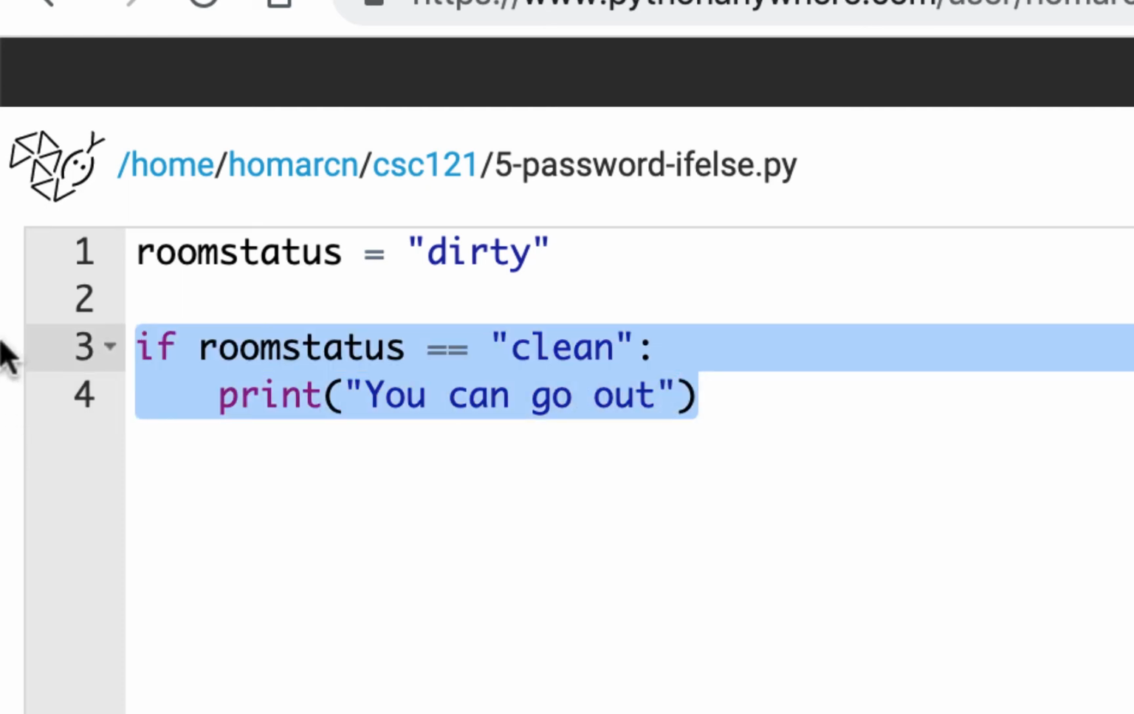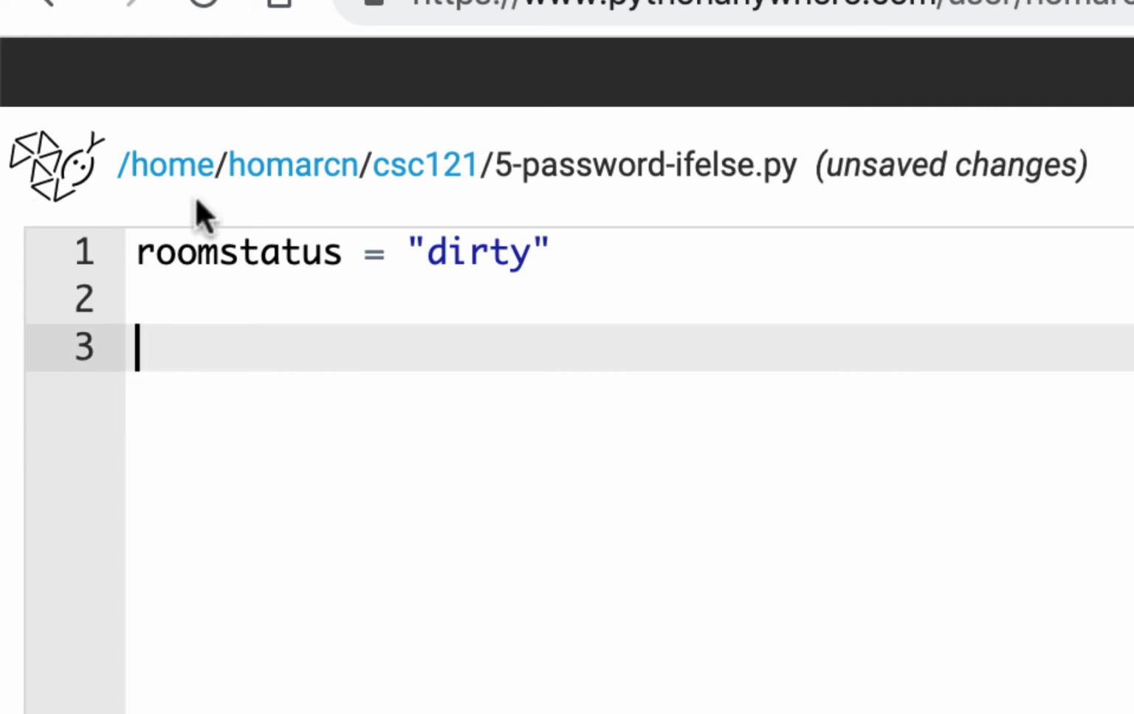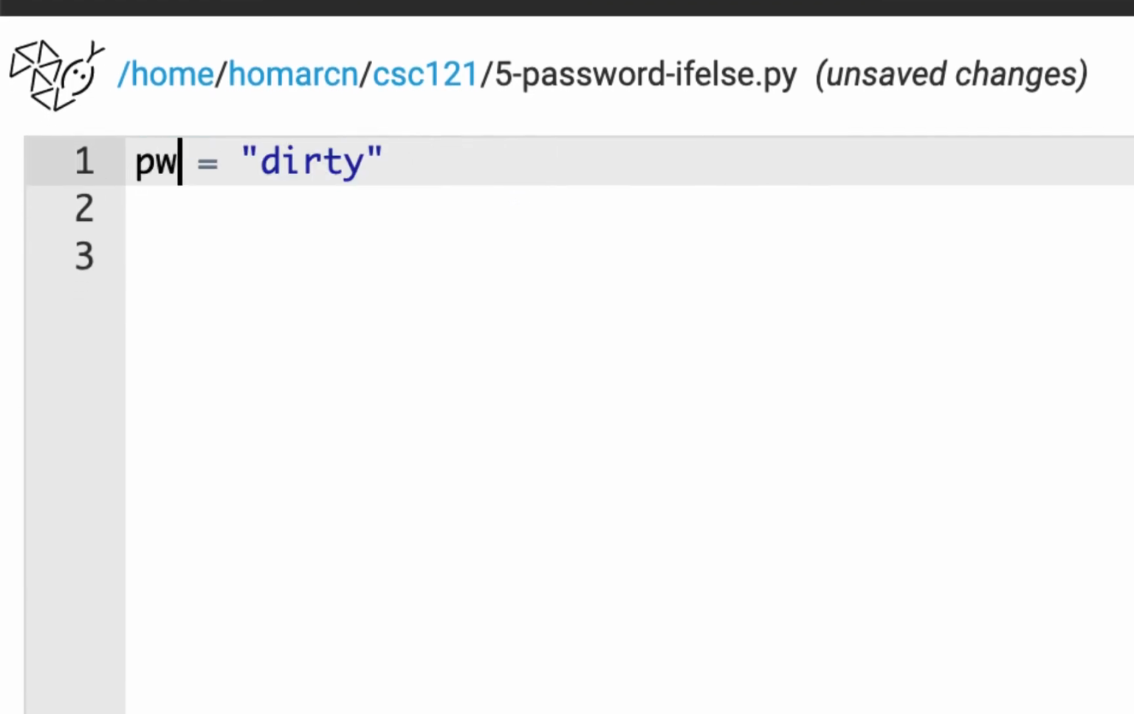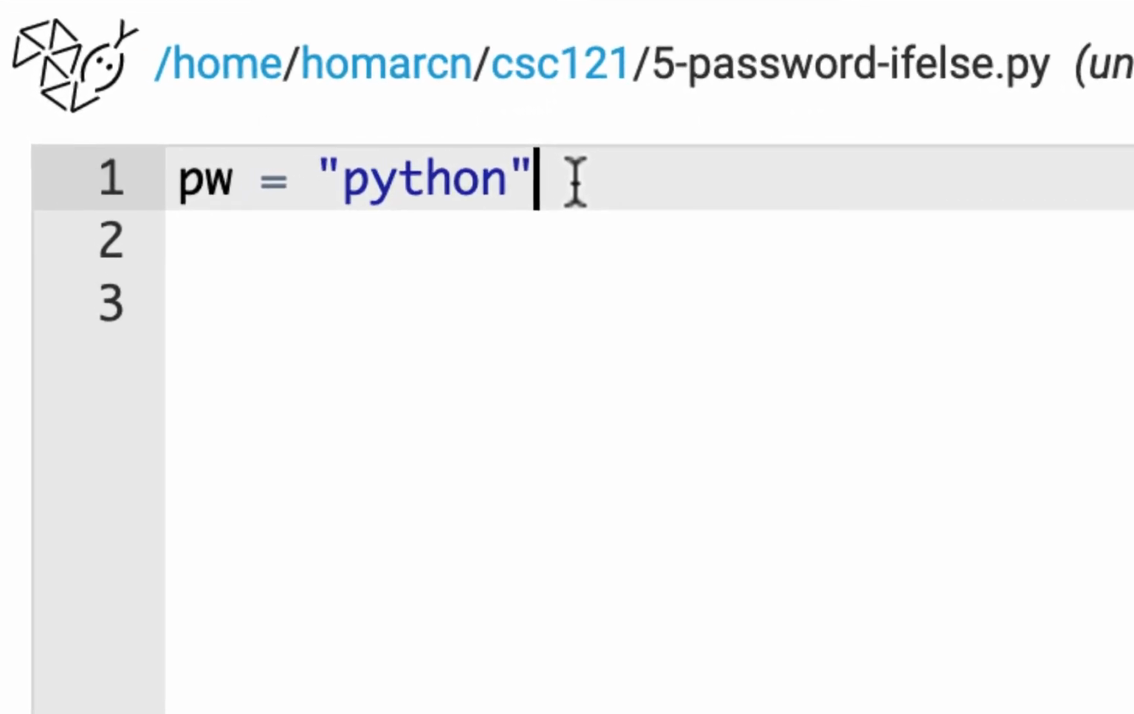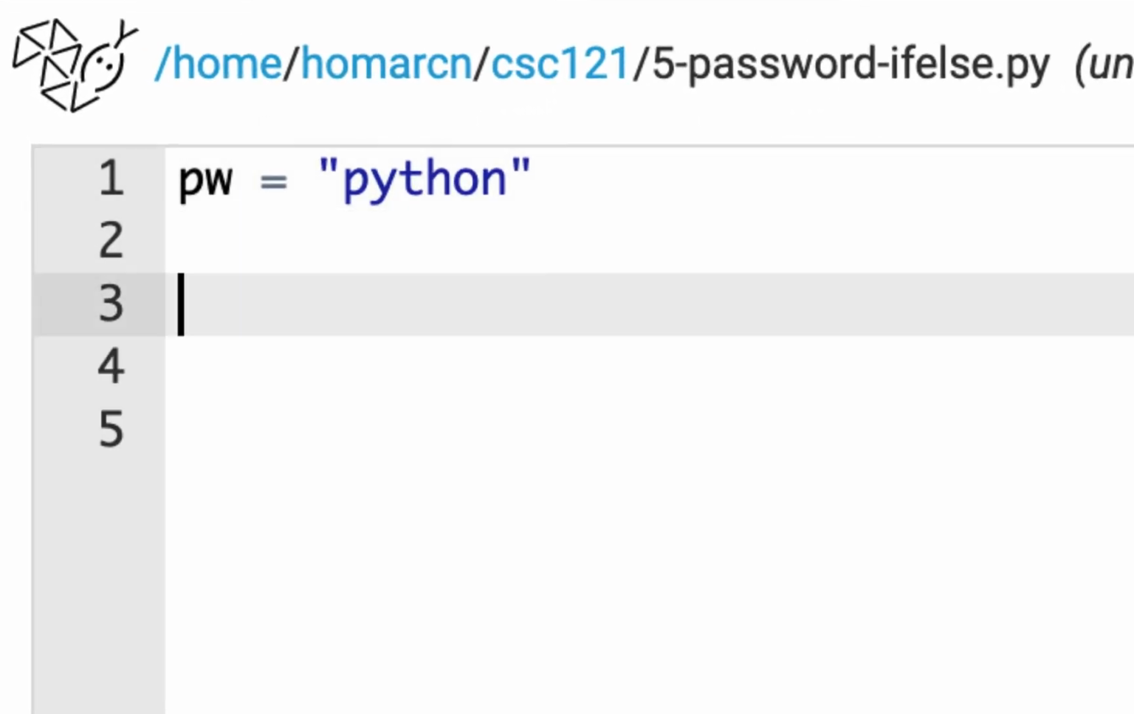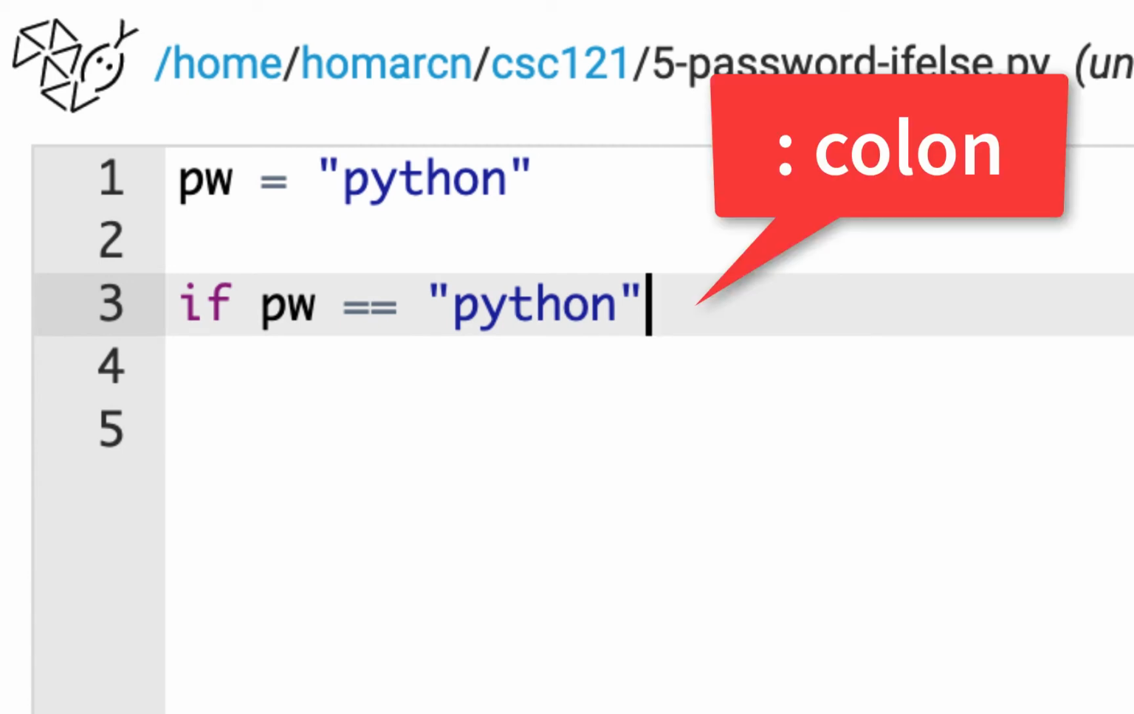I'll get rid of this so that we can kind of practice that again. We'll move on to the password. Now I'll put PW just to make it easier. And instead of dirty, I'll change this to Python because we're working with Python. Our password is Python. And obviously we're going to enter this eventually. But let's go here and start another conditional statement. And I'll say if PW, and I'll say equals because a password has to be exact, and I'll just put Python, and don't forget the colon,